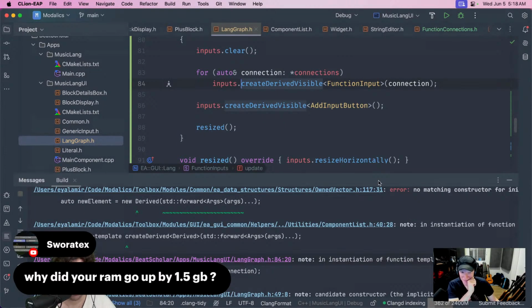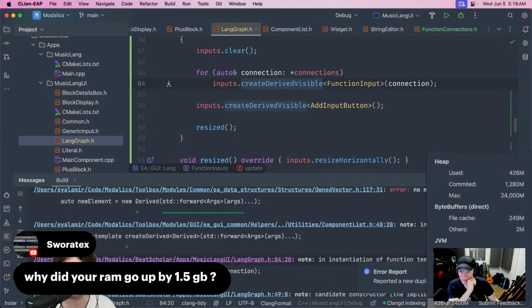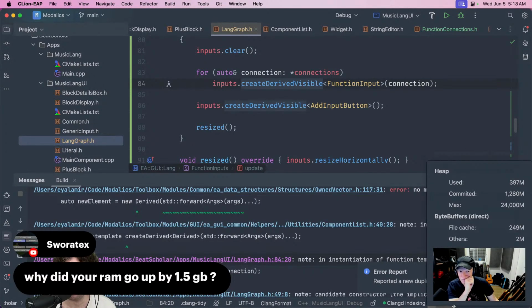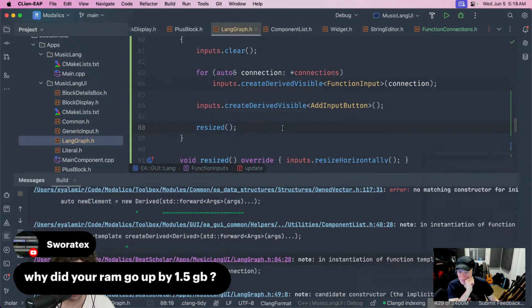Yes, and it's because I'm using a beta version of CLion, and they have a bug where you add something in your code and it starts to eat up all your memory. That's what I'm getting by using a beta version of my IDE. There's bugs, and honestly, they have bugs even in the full version. But yeah, I just ask it to clear the memory because you're definitely right, whatever they did ate up all my memory.